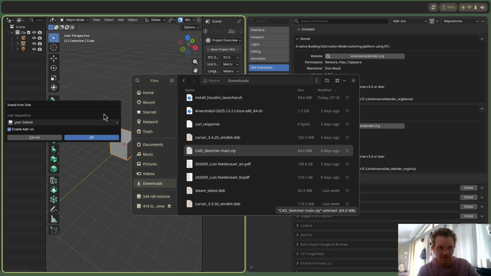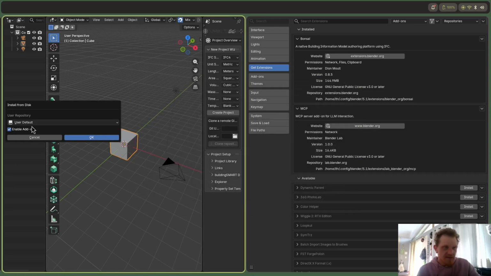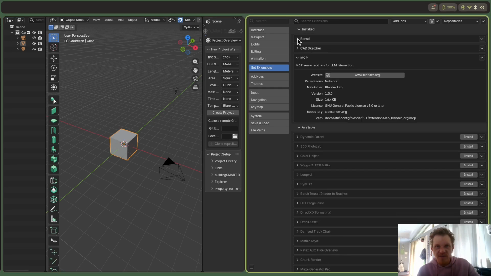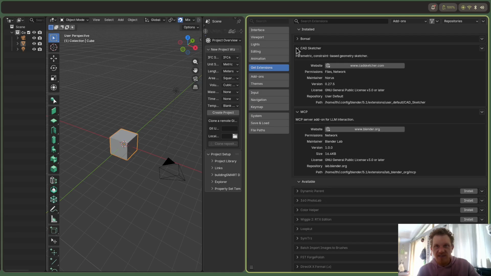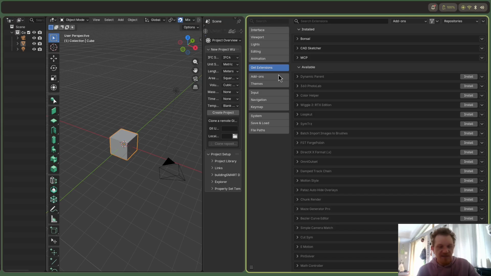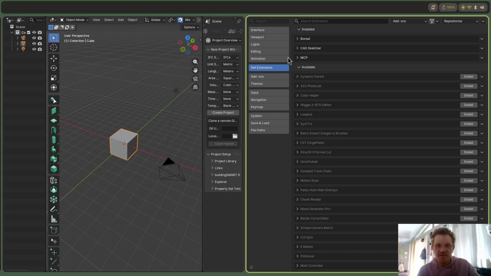CAD Sketcher main, and then this little window will open, and let's install and enable add-on. So now we have Bonsai, CAD Sketcher, and the MCP. As the MCP is already running, our Blender is already able to be connected to